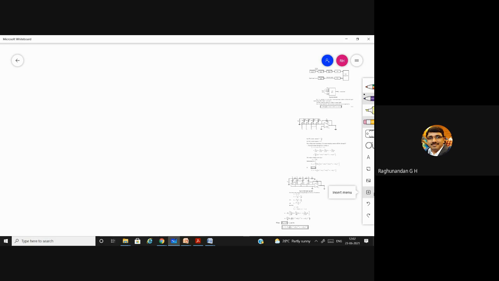So in today's class, we will discuss module 5, part A, that is op-amp circuits. In these op-amp circuits, we will be discussing the different converters, that is digital to analog converter, analog to digital converter, and also different types of rectifiers using an op-amp.